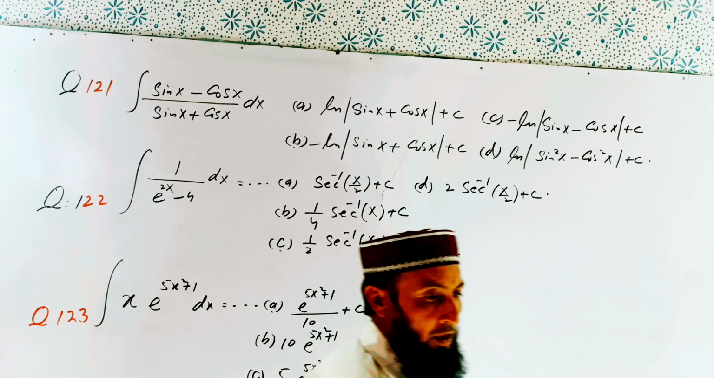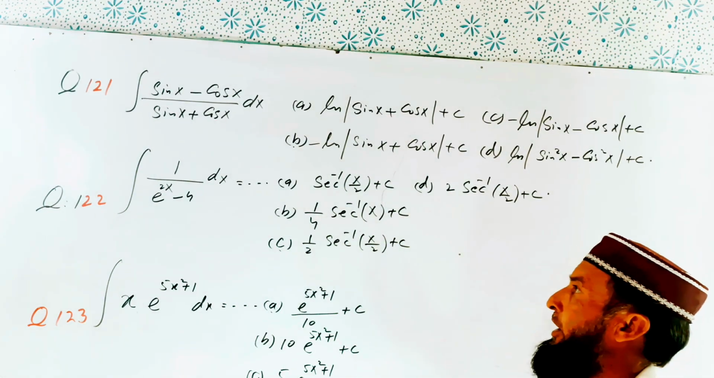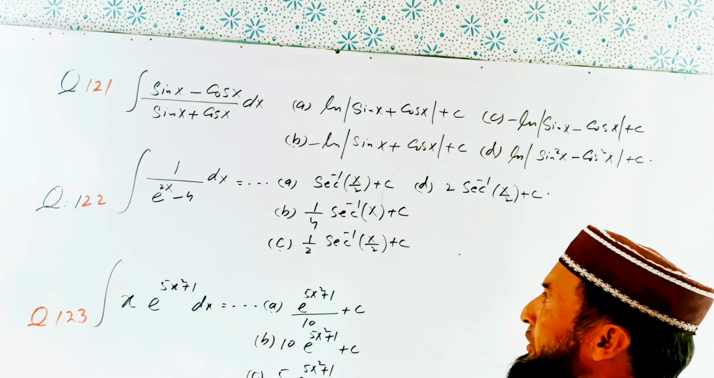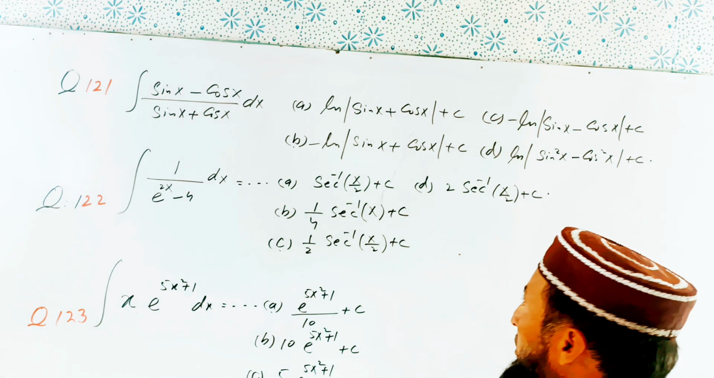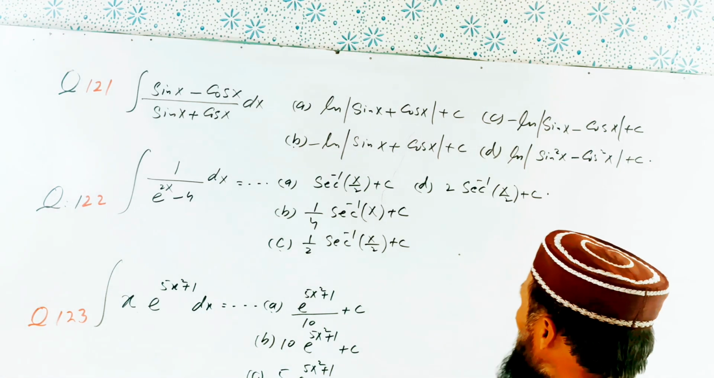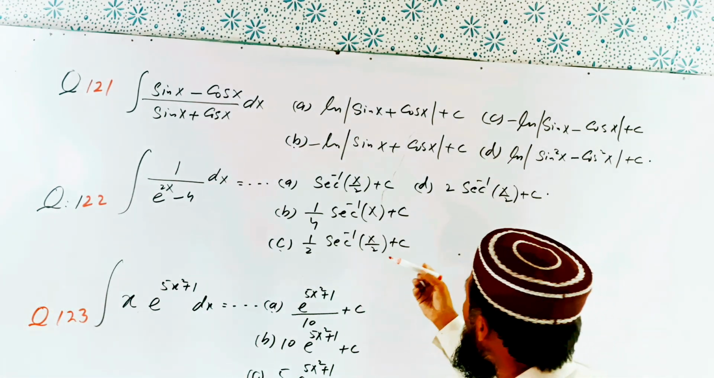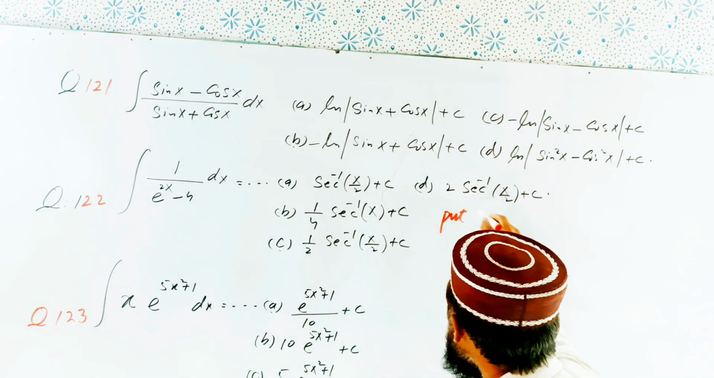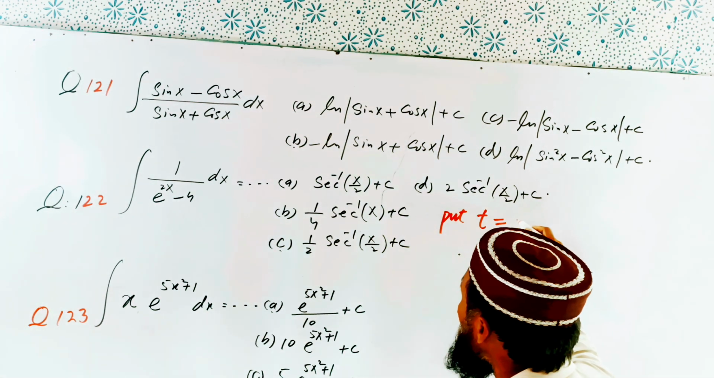Question number 121, integration of (sin x minus cos x) over (sin x plus cos x) dx. Here we are using the substitution method. First of all, in the denominator term, we put the supposition t equal to sin x